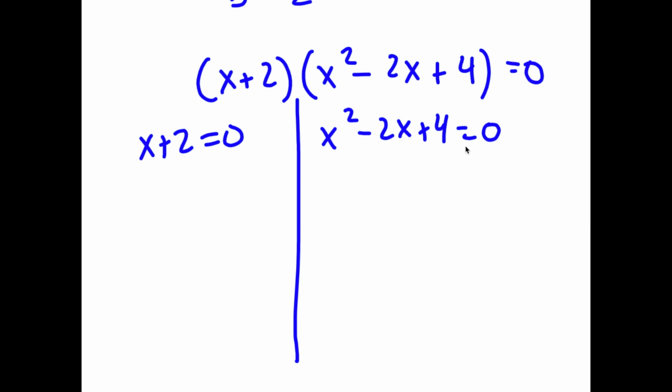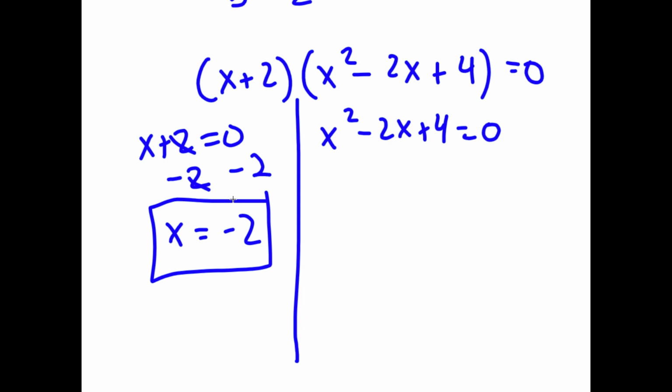So to start, I'm going to first solve x plus 2 equals 0, which is a simple equation. All I have to do is subtract 2 on both sides, and I get x is equal to negative 2. So this is one solution of x. Now, to solve x squared minus 2x plus 4,